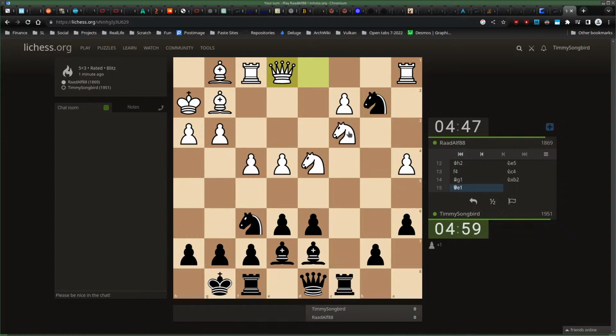Okay, and now I could attack the knight again. So why not move? If the knight moves, I can take this pawn. If this pawn is pushed, I have to move my knight, and then this one is being taken.